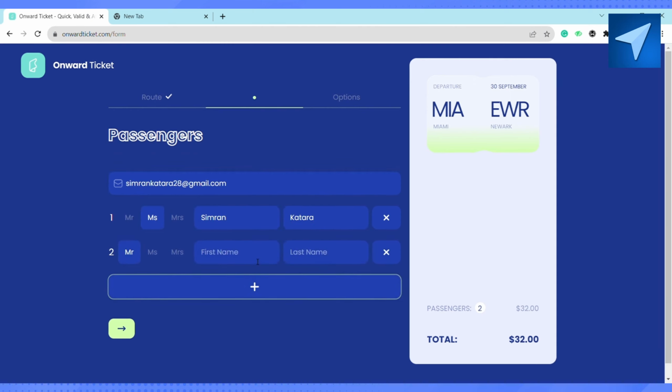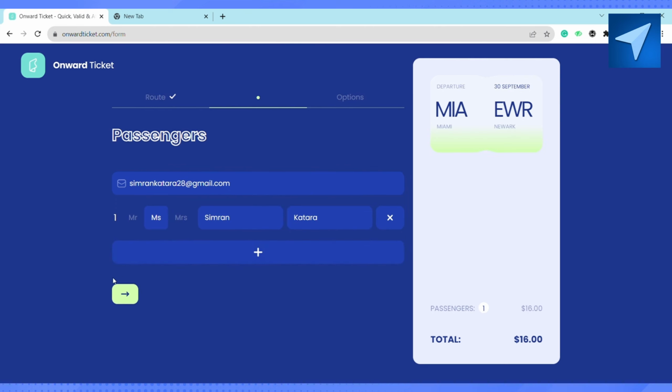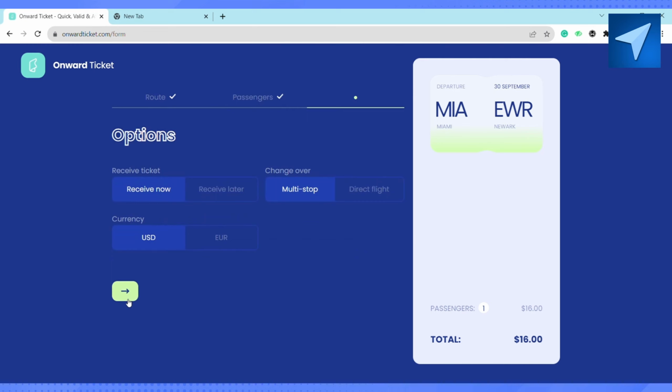last name. You can also add the number of passengers if you want to. I'm just selecting it for myself and just click on next. You can also receive the ticket now, or you can receive it later. You can change over, like if you want a multiple stop flight or a direct flight. Suppose you want a direct flight, just click on that, or if you don't, you can let it be